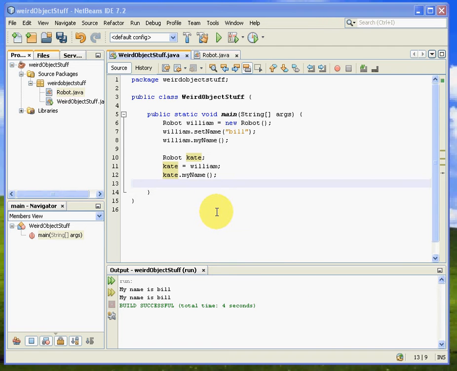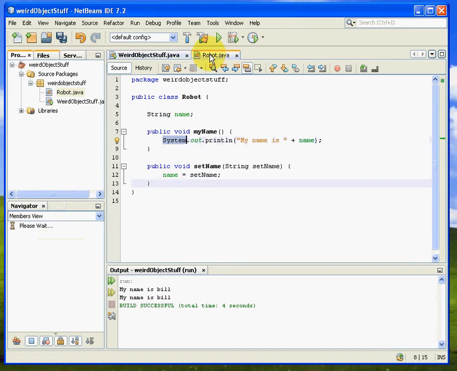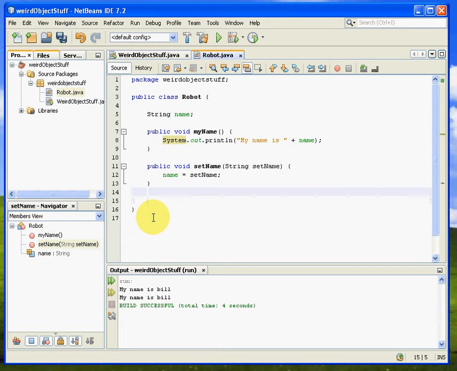This is part 2 of reference variables. It's exactly the same setup. I just want to add another member to the robot class over here. There's a concept called finalize, and one of the things that makes Java a slightly easier language than C++ to